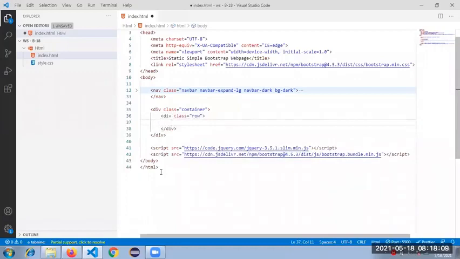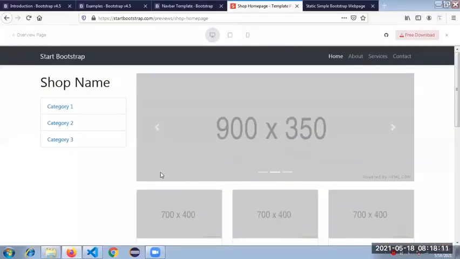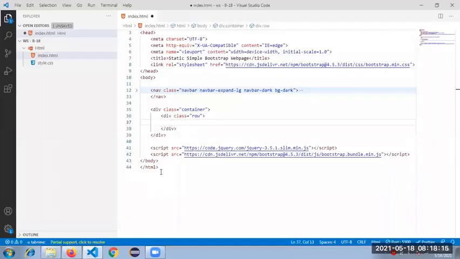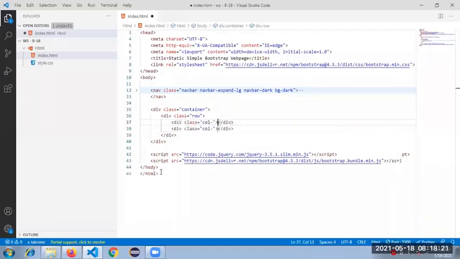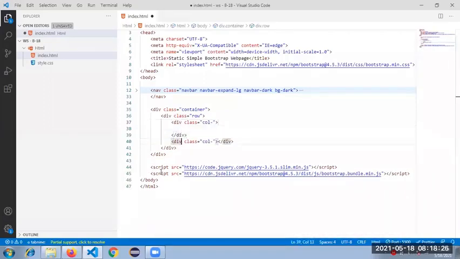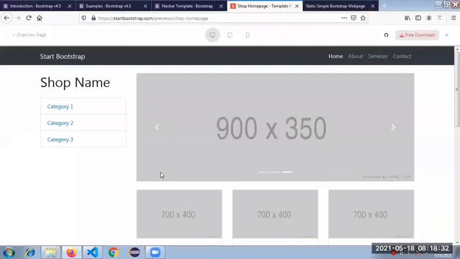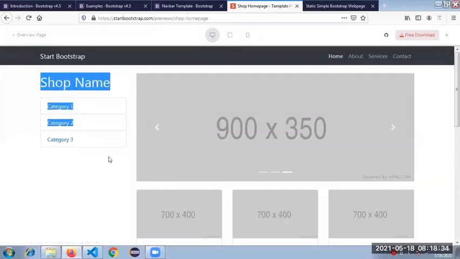So as per this screen, I'm dividing one row into two columns. So what I do, dot col-xs-2. I'm just opening the two columns, guys. One is to accommodate this category 1, category 2.